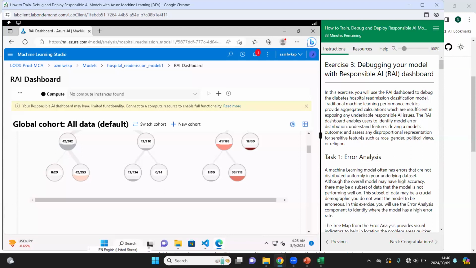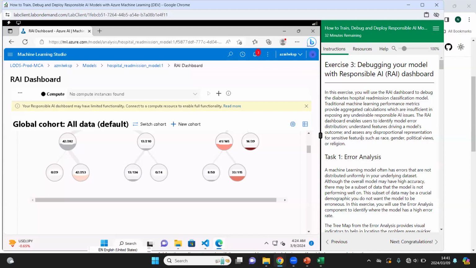Since we want to classify who will be readmitted to the hospital within 30 days, we want to make sure that the model is not biased, and is objectively classifying the patients, not classifying a patient because of their gender or race or any other such features, but solely based on the features the patient has